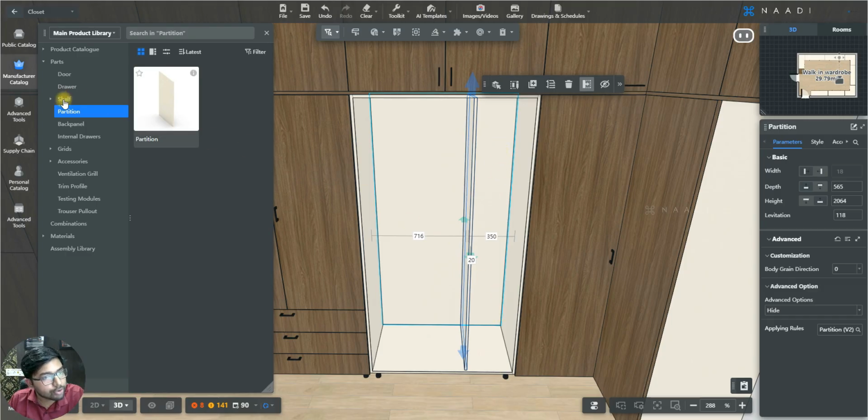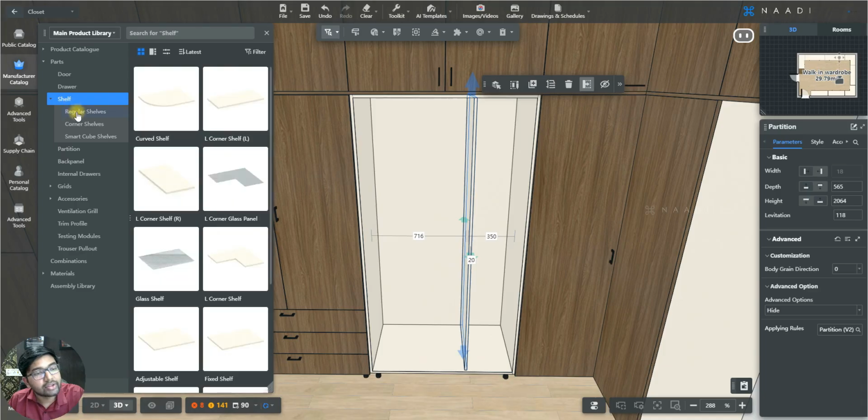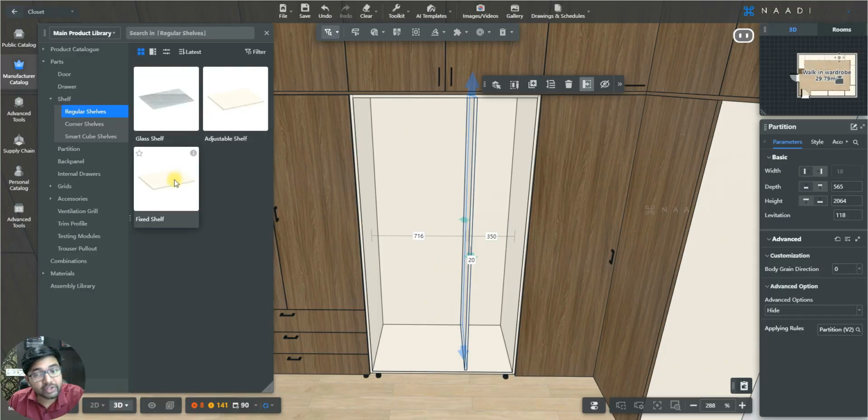So for that I can just go for the shelf here, and here you will see there are three types of shelves which are present for the internals. First one is your regular shelf, where you have your fixed shelf, adjustable shelf and your glass shelf. According to your design you can go for it. In my case here, all the shelves are fixed shelf. So I can just click on this fixed shelf,